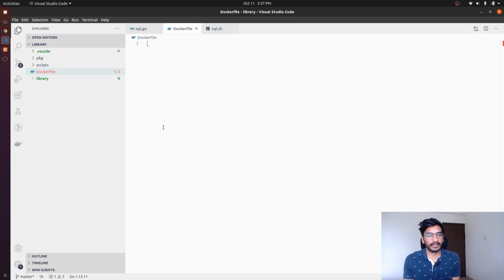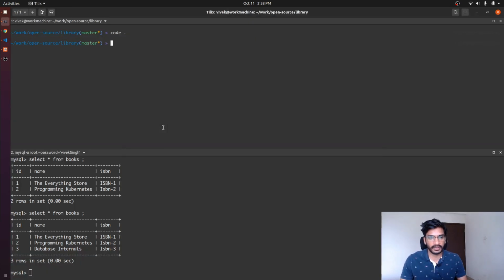So in this Dockerfile, we are going to use a base image. Again, I'm not trying to say that this is the ideal way you should containerize your Go application, but this is a way you can do that. And yeah, we can discuss the best practices to write Dockerfiles and create Docker images in another video. So let's just use Go as a base image, and we are going to use the version of